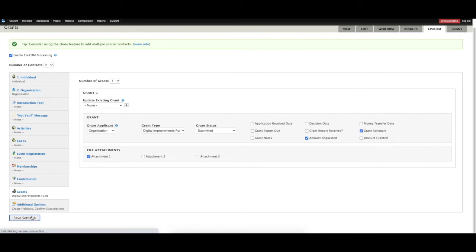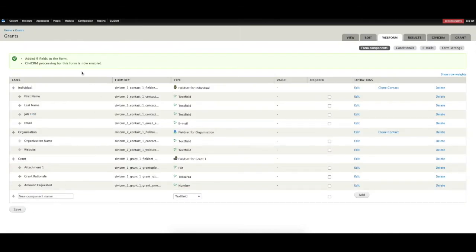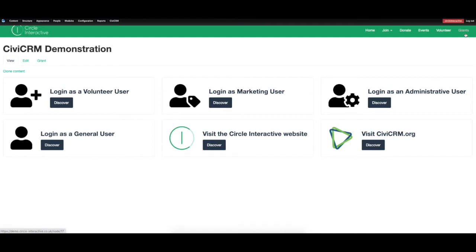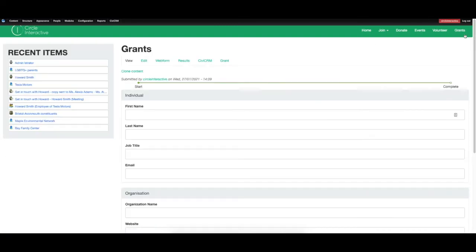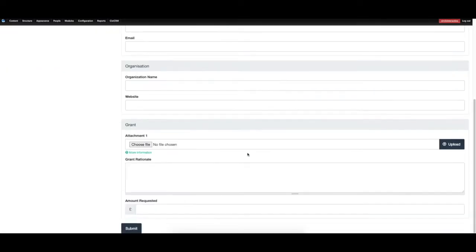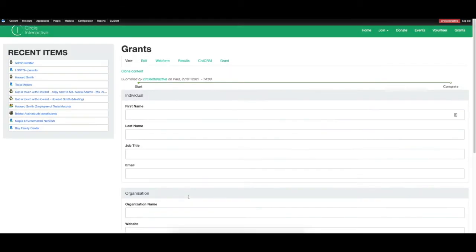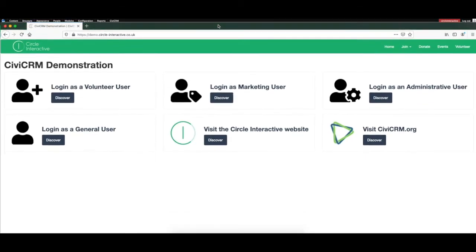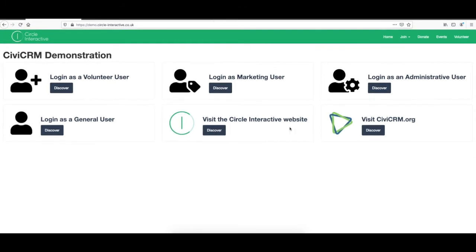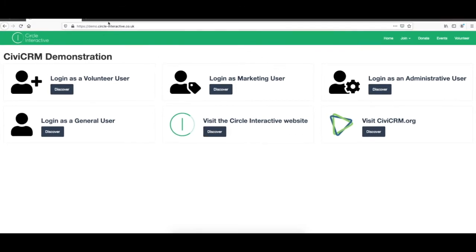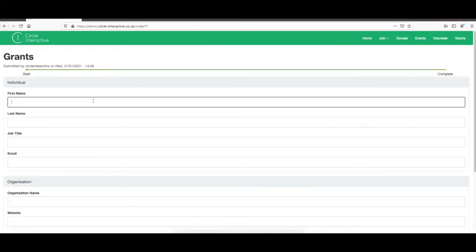So let's save that now, and if we go to the front page, then grants is already available there. And the web form is set up as we just saw. And here I'm logged out. I'm on another browser. This is Mozilla. I was on Google Chrome before. So if I refresh the page, grants is here even if I'm logged out, and I can apply as, let's say,